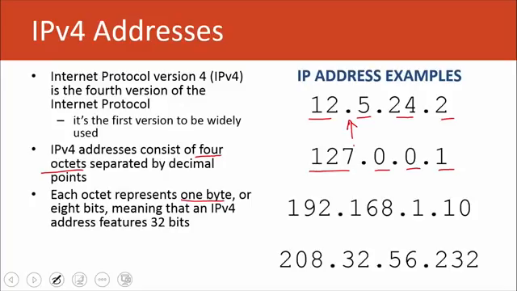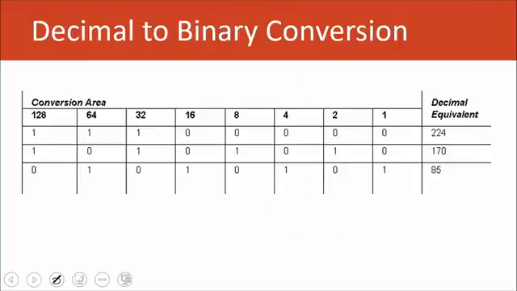Let's take a look at a simple octet here. Let's say 192 as an example. We'll go back to this chart. If I take the number 192 as an octet and I want to convert this into binary, what I can do, if you take a look at this chart, is ask if 128 fits into 192. Then I can put a 1 here and say yes, I can in fact subtract 128 from 192. So if I do that,